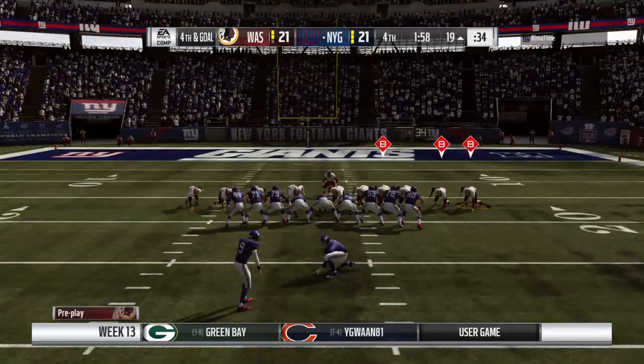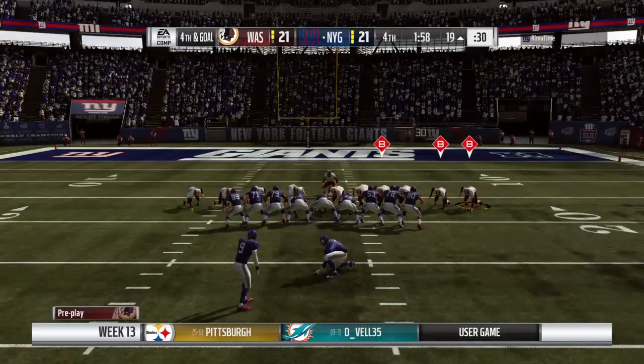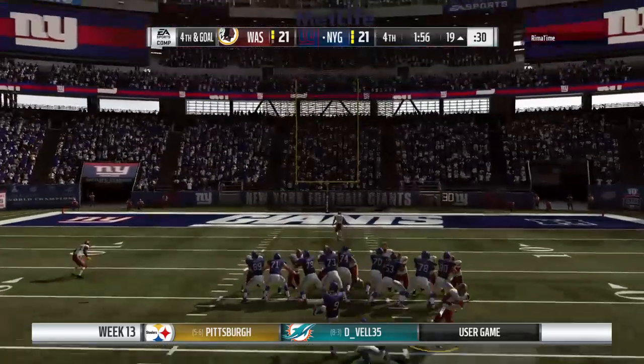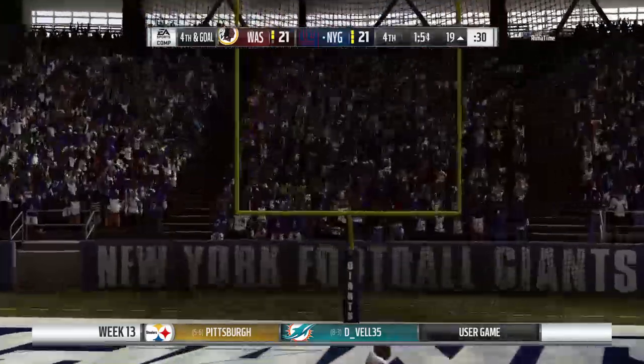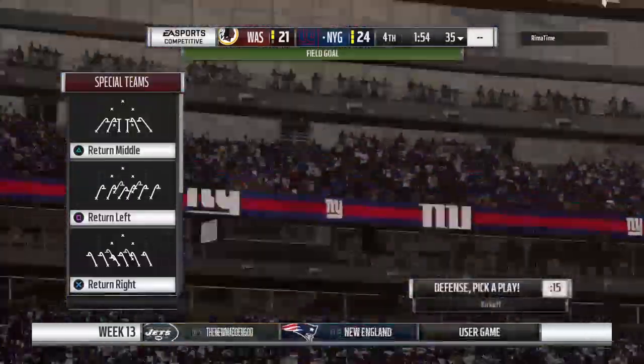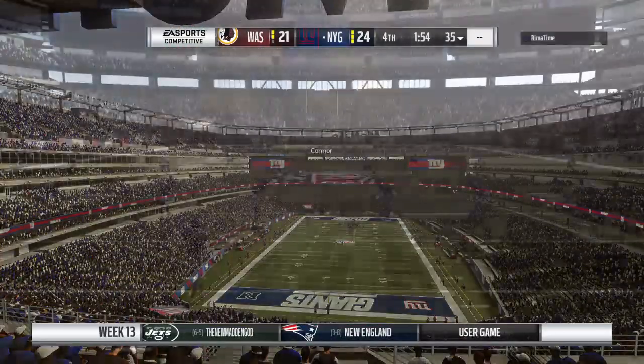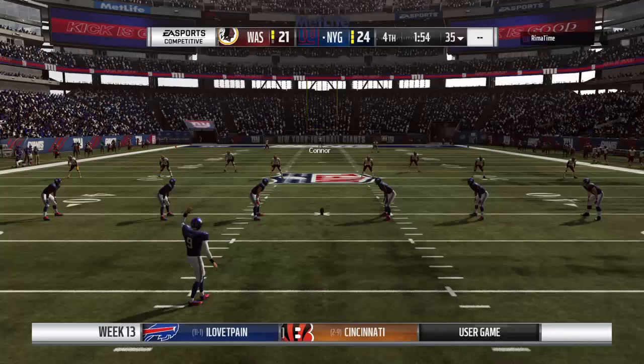So the field goal unit is on the field as this is a big spot right here. This for the lead in the final stages. And Tucker's kick right there. It's good. And they have taken the lead here in the final 2 minutes. Big kick right there to give them the lead in the 4th, but there is still time left for a